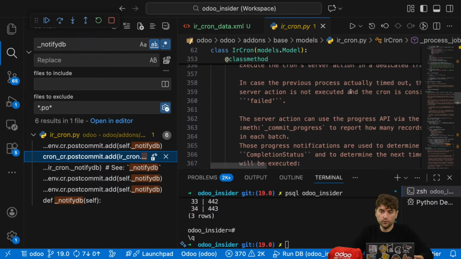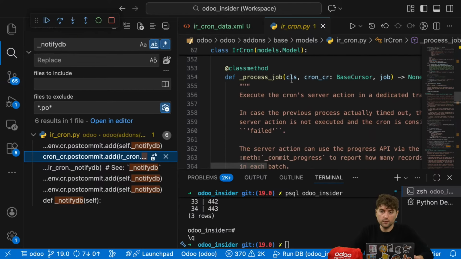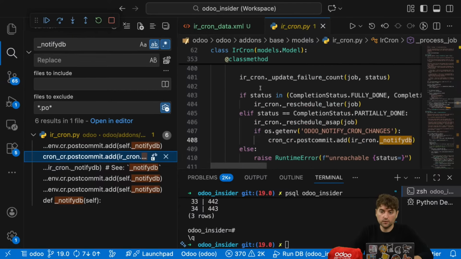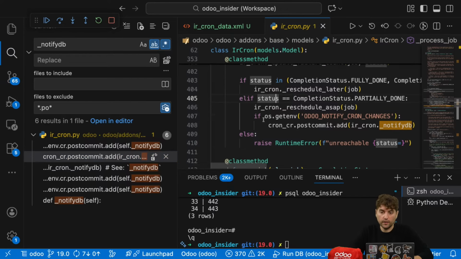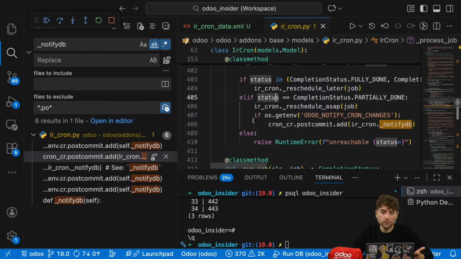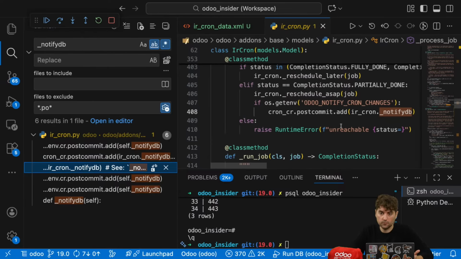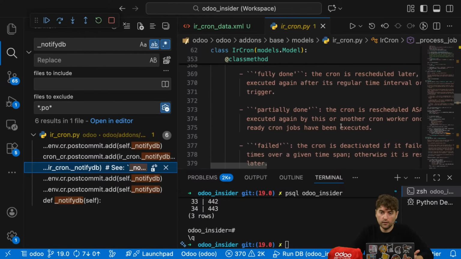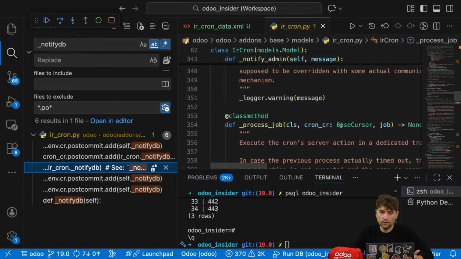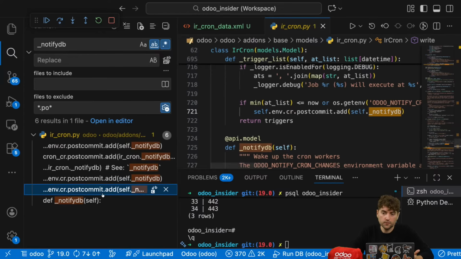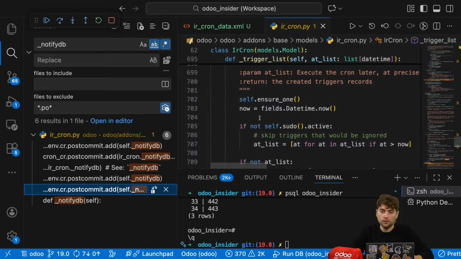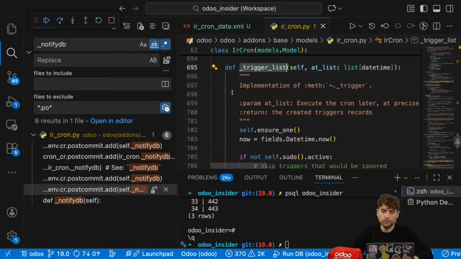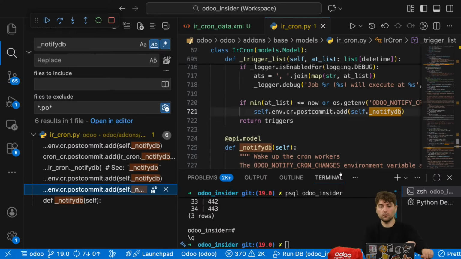Otherwise, once a job is processed, and the Odoo notify cron changes variable is set up, this is done, and then what do we have? Process job. This is the same one that we had before. When we update the crons or trigger list, that is called when